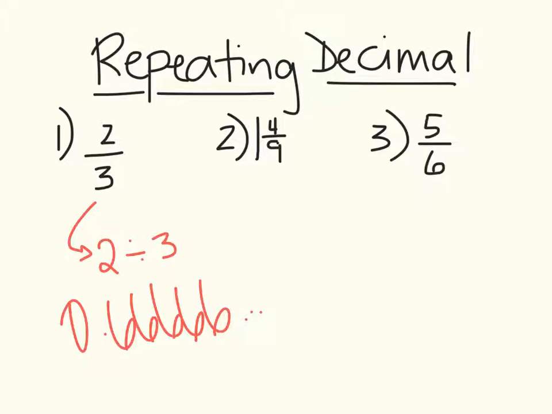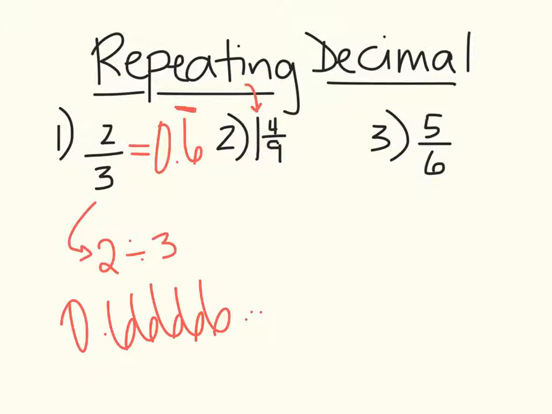This is our idea of a repeating decimal. The way that I would end up writing 0.66666 is just 0.6 with a bar above the 6, because the 6 is repeating, so that bar represents the repeating number. If I take a look at the second example, 1 4/9,